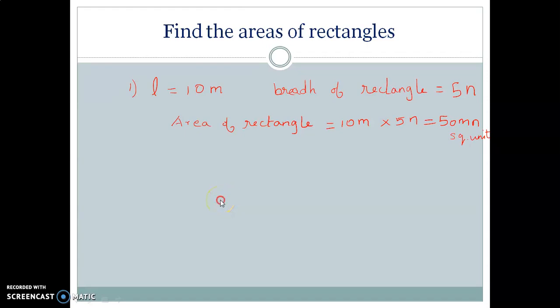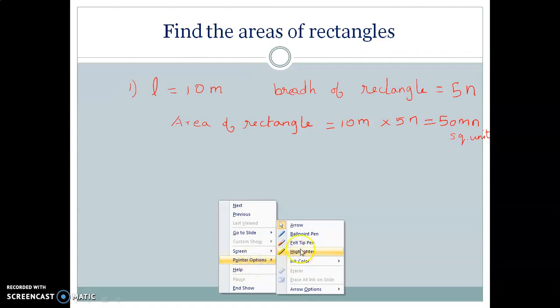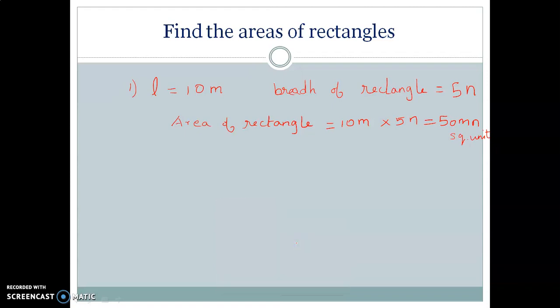Hi children, now let's continue with the same exercise 9.2. Here, in exercise 9.2, second question. The first question you have to do in your book. This option is there in your book, but this option I am going to give on my own.